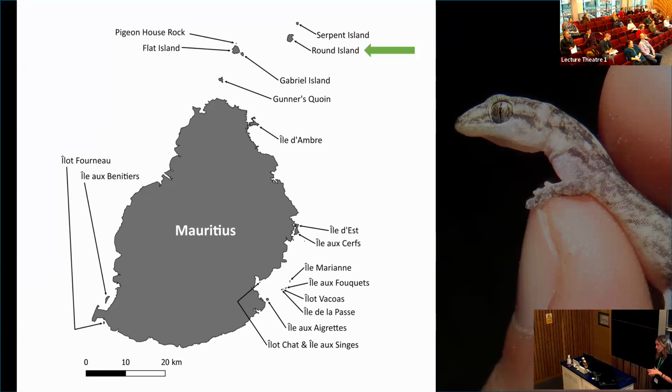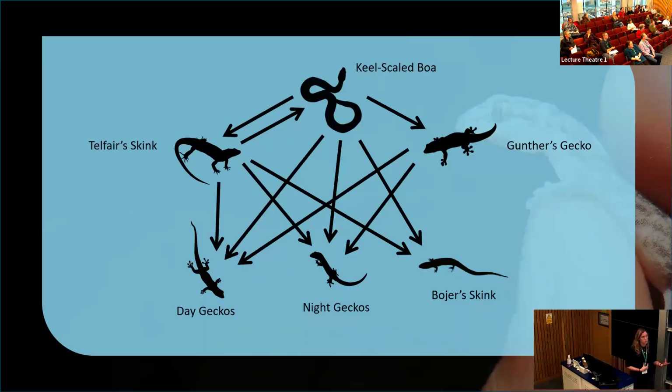Mauritius itself, the main island, is very heavily degraded, like an awful lot of island systems are. It's been subject to rats, cats, monkeys, and invasive herbivores, goats, rabbits, all sorts over colonial history. Round Island was lucky that it only had goats and rabbits. So a lot of the endemic fauna weren't eaten. It was just the vegetation that was lost, and that caused the loss of some species, but a lot of them managed to stay. So you end up with this really interesting endemic reptile system,